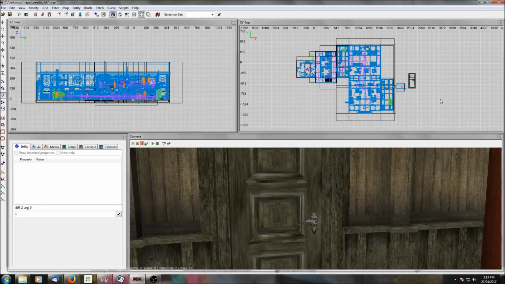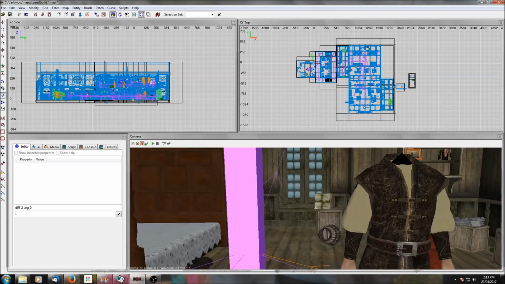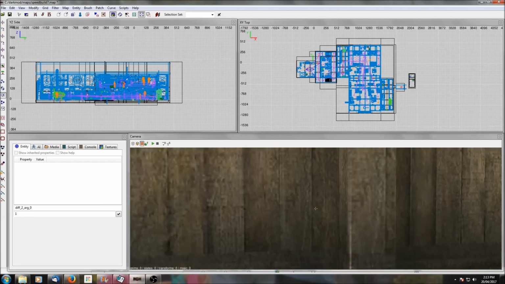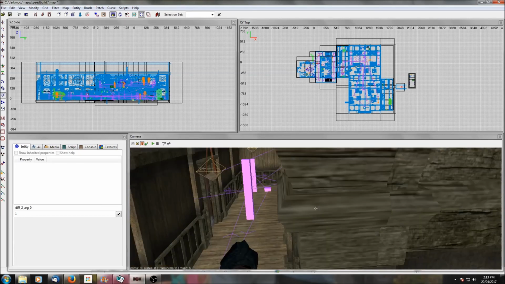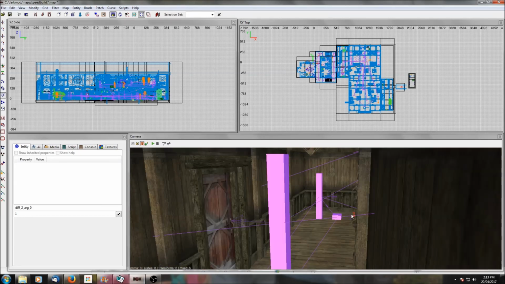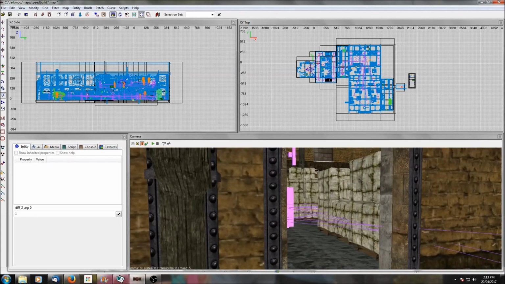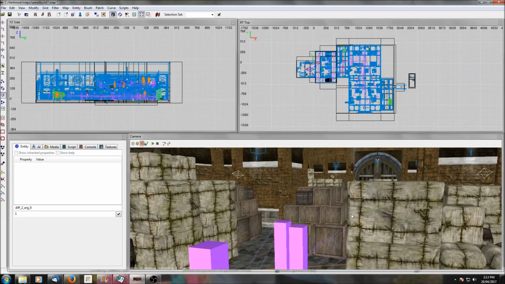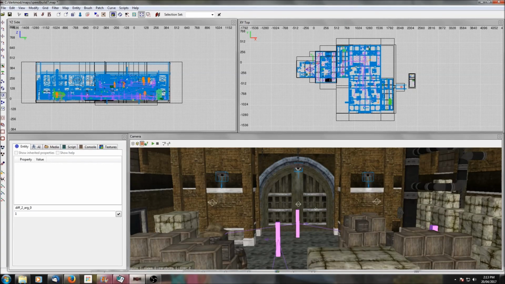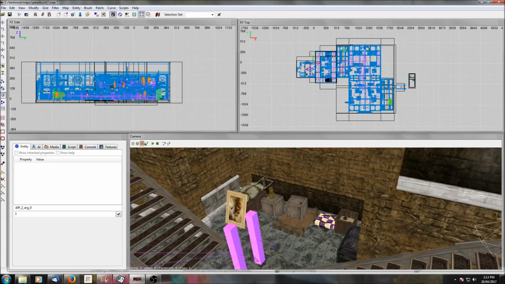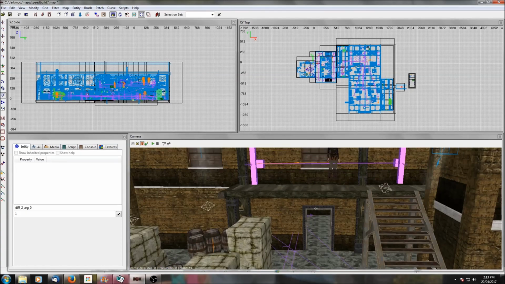So I am now going to put this map together, prepare it for beta testing, and I'm going to get some people to beta test it in the forums. I'll do some testing myself. We'll see what kind of things come up that need to be addressed, and if things need to be fixed, I will let you know what those are. But I think the final video that I post after this will be the one that summarizes the fixes that had to be made before the mission was finally